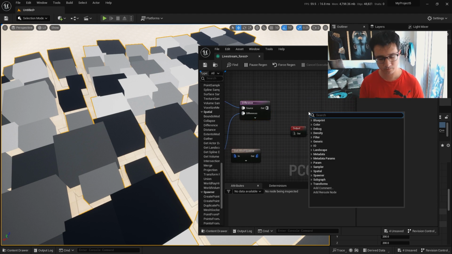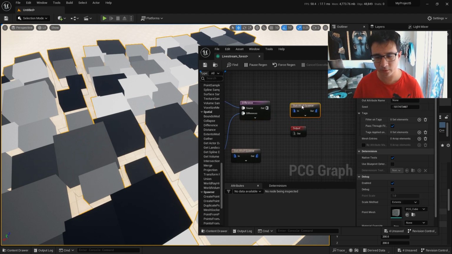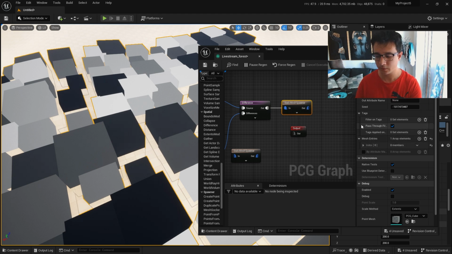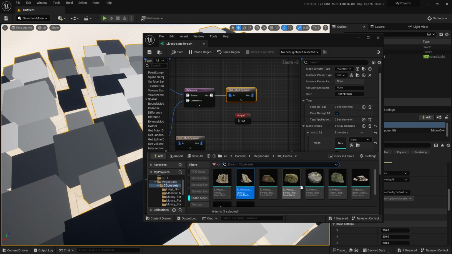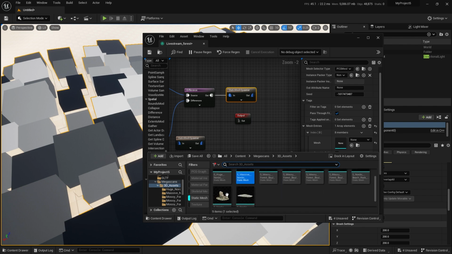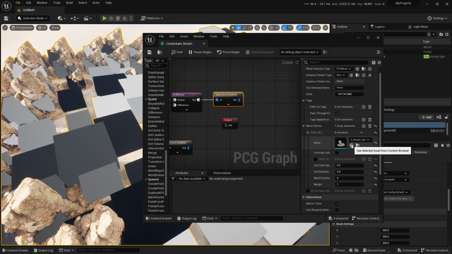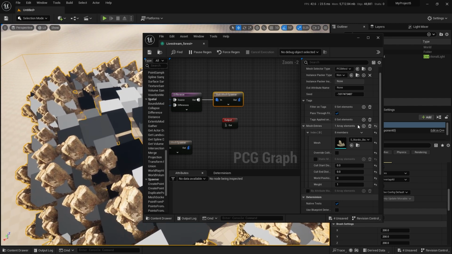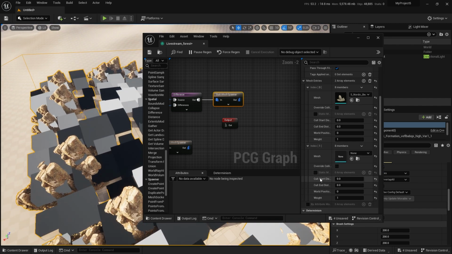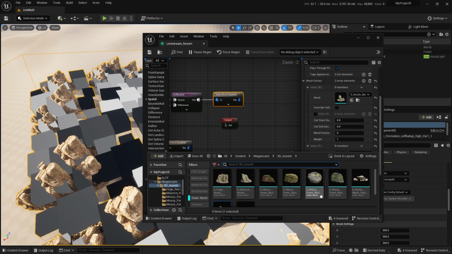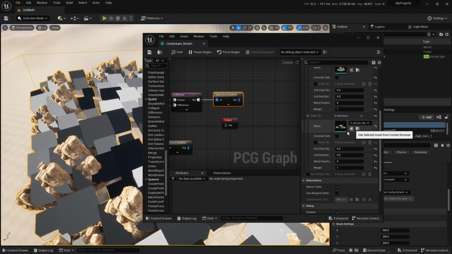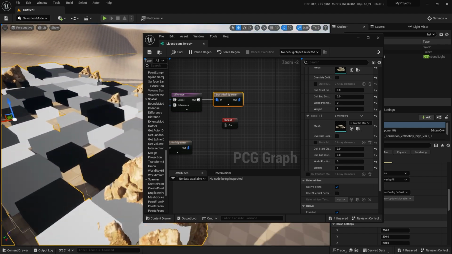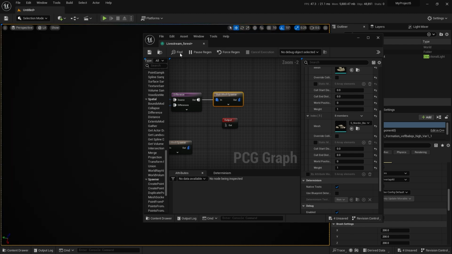So let's spawn a mesh just so you can see what's going on. It's always a good idea to spawn the mesh. Just remove my camera so you can see better. So the mesh here, let's put one of this. Okay, and you can spawn many. Like if you don't like what you're seeing, you can spawn this one and this one. This will give you more variation. Okay, and you will see that in each box